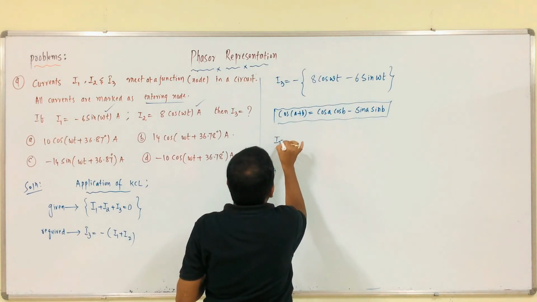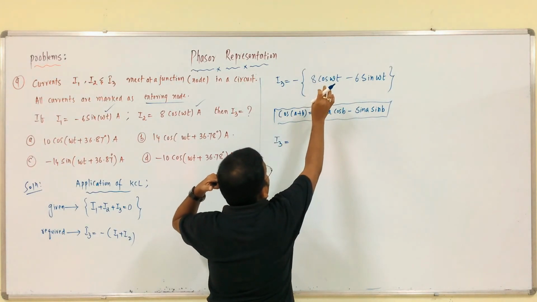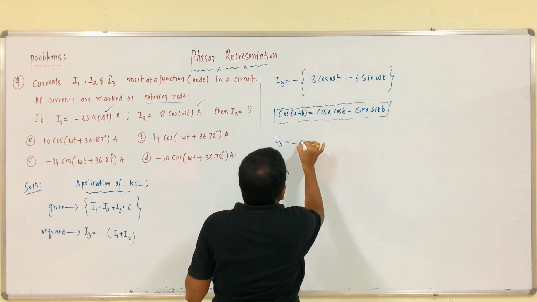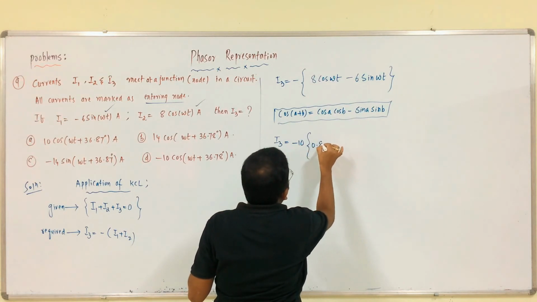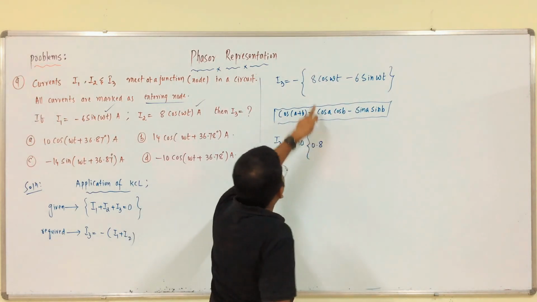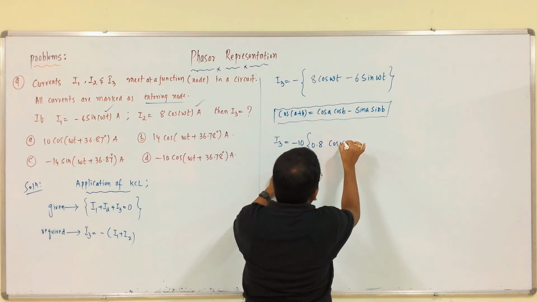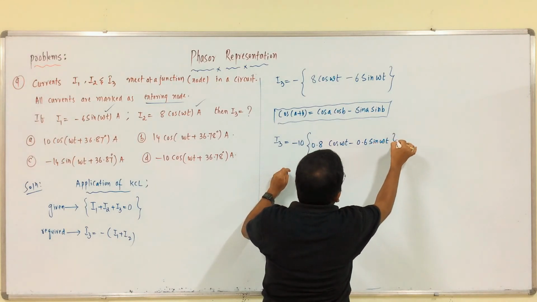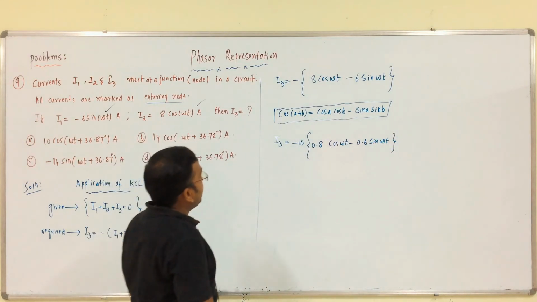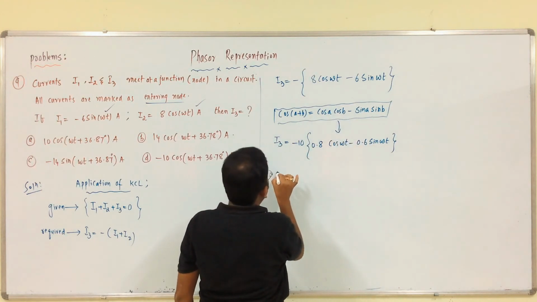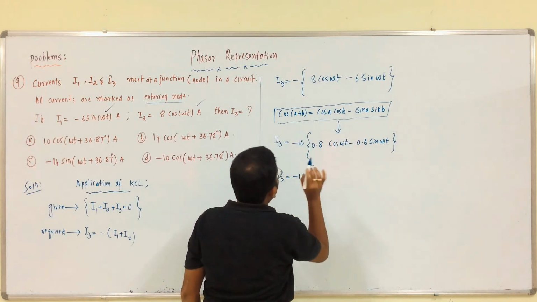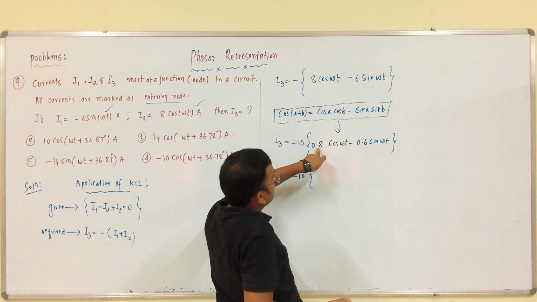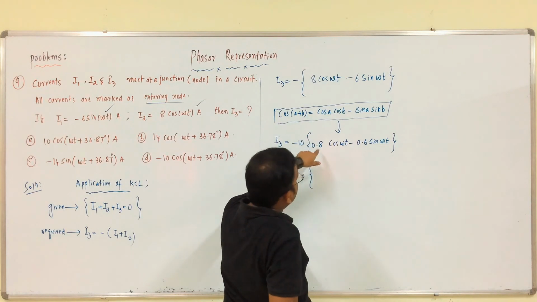That is why I3 is equal to, we have to multiply and divide it with 10. So, we will get minus 10, now it is 0.8, right. 10 into 0.8 we have 8, like that, cos omega t minus 0.6 sin omega t, clear. Now, we have to apply this formula. So, from this I3 is what? Minus 10 cos A is nothing but 0.8. From this, cos inverse of 0.8 is nothing but what?